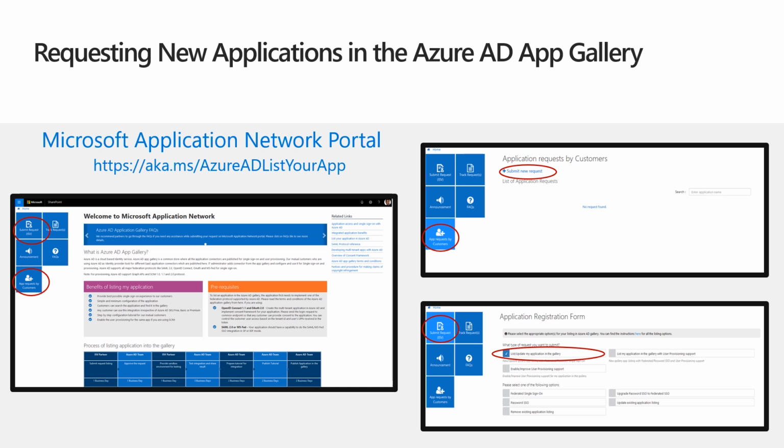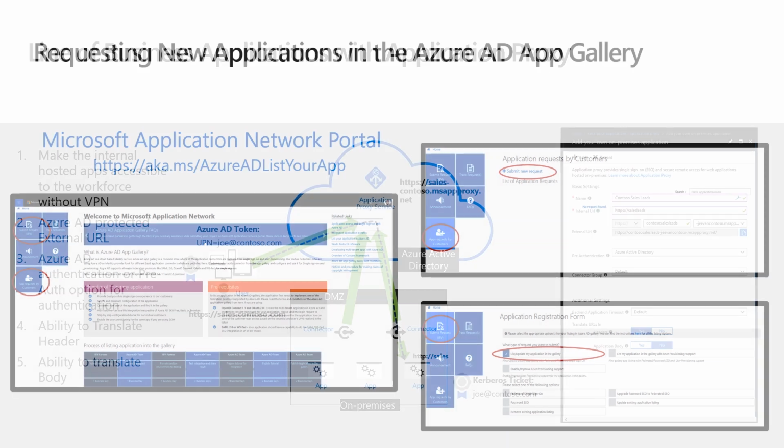If you are directly suggesting your ISVs or partners or vendors, or you are a partner or vendor who has developed the SaaS application, then you can directly submit a request with us in this portal saying submit request by ISVs. And just clicking on the list application into the gallery button, it will start the workflow for you, where you have to answer a few questions and then you can submit a request with us.